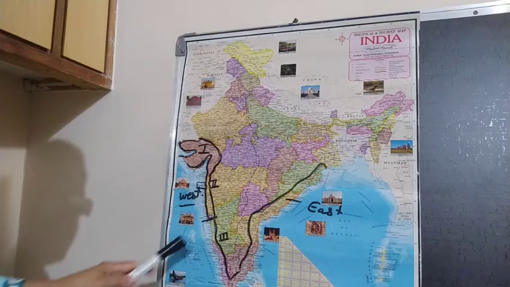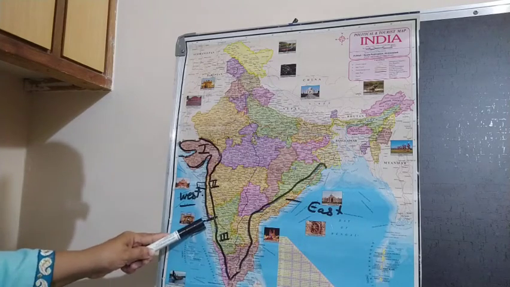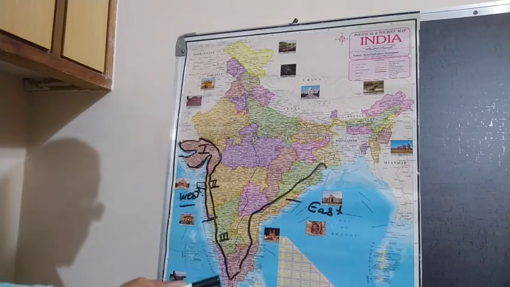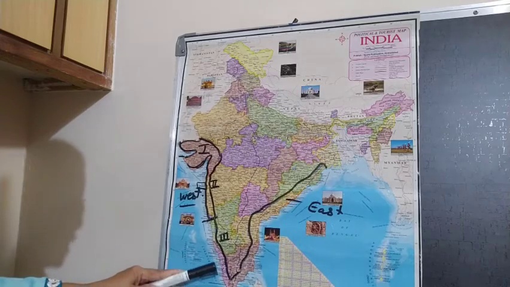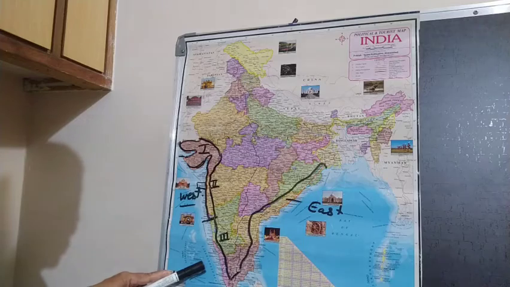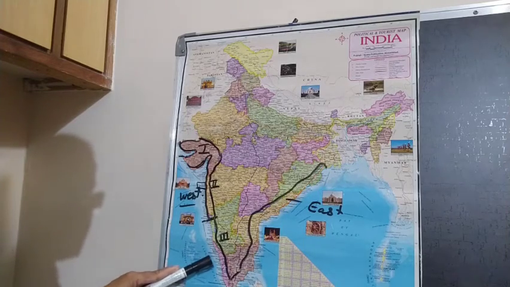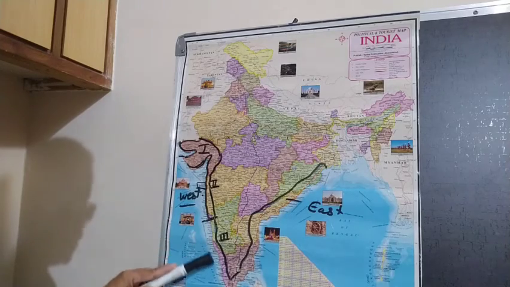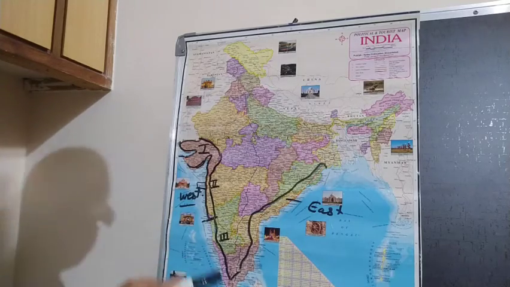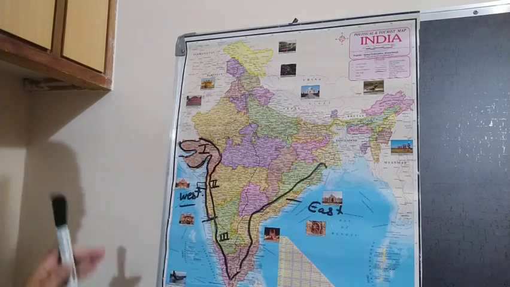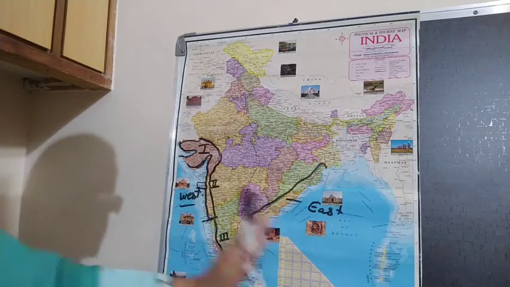Then if I talk about the Malabar coast, which starts from Goa to Kanyakumari, this area mainly covers the Kerala state. And in Kerala we receive heavy rainfall in the monsoon season. As we receive the heavy rainfall, the climate is very hot and humid here. In all the coastal areas, the climate is almost the same, hot and humid, because they are near the sea.